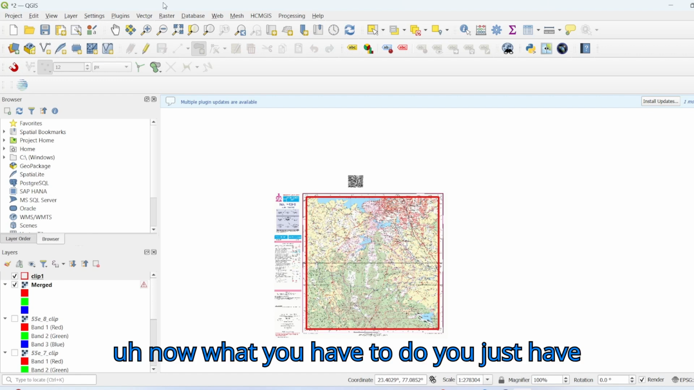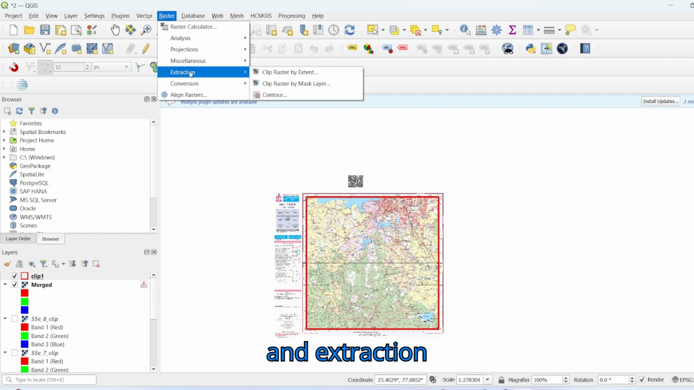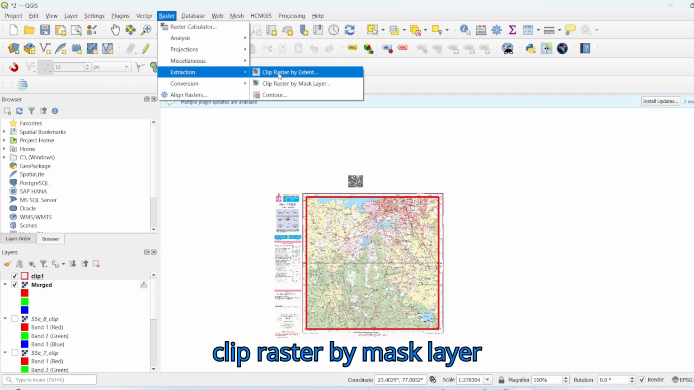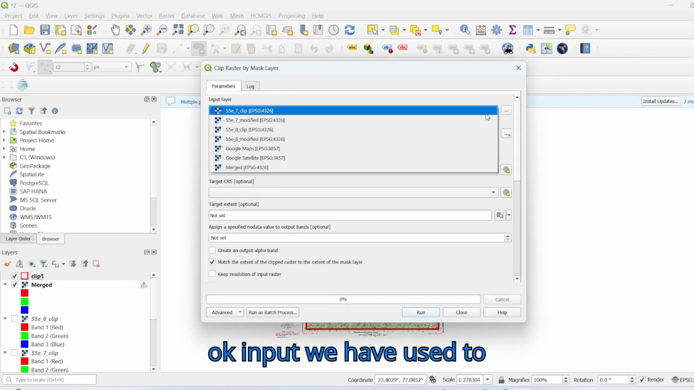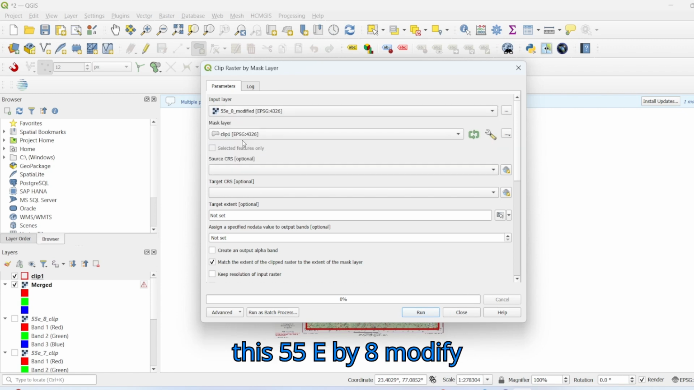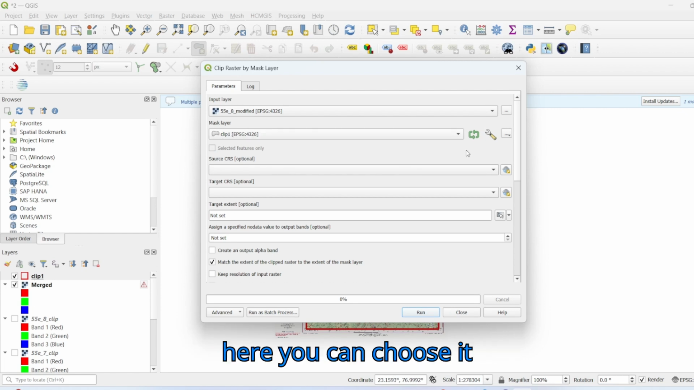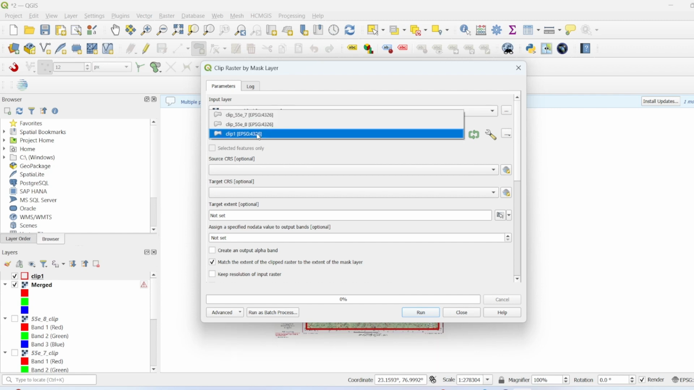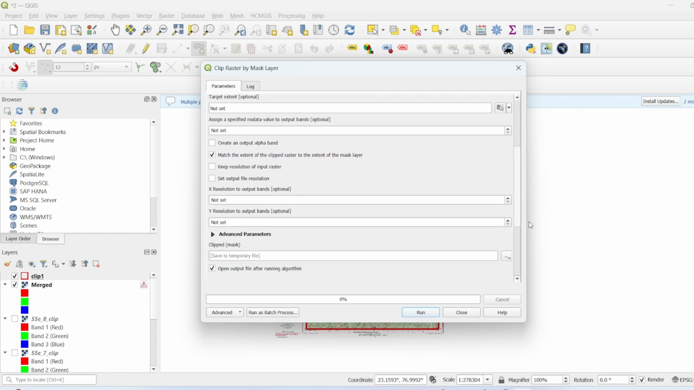Now what you have to do, you just have to go to the raster and extraction, clip raster by mask layer. Okay, input, we have used this 55E by 8 modify and clip 1, see clip 1 and clip 1 is also here. You can choose it, but this is our file. Then you have to